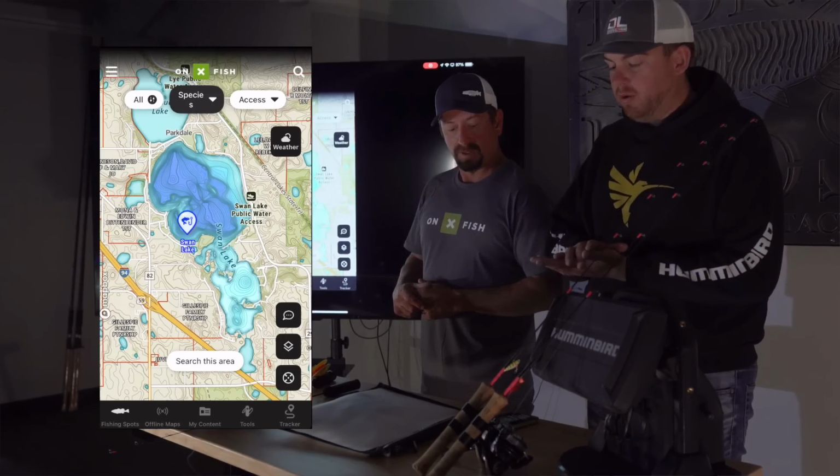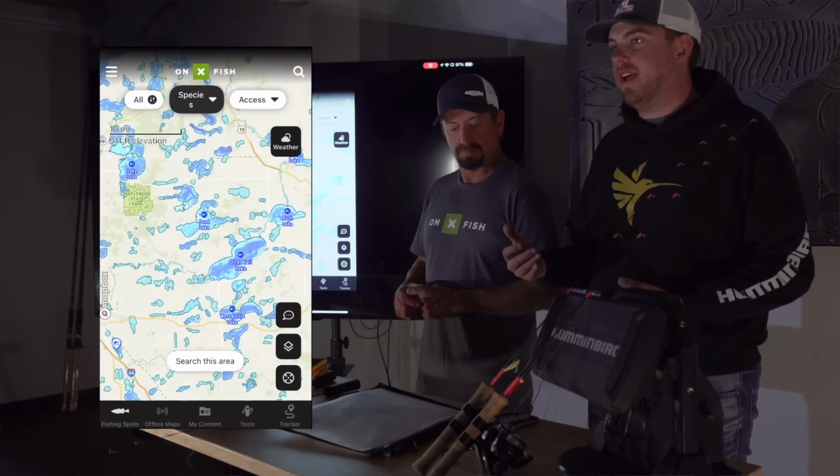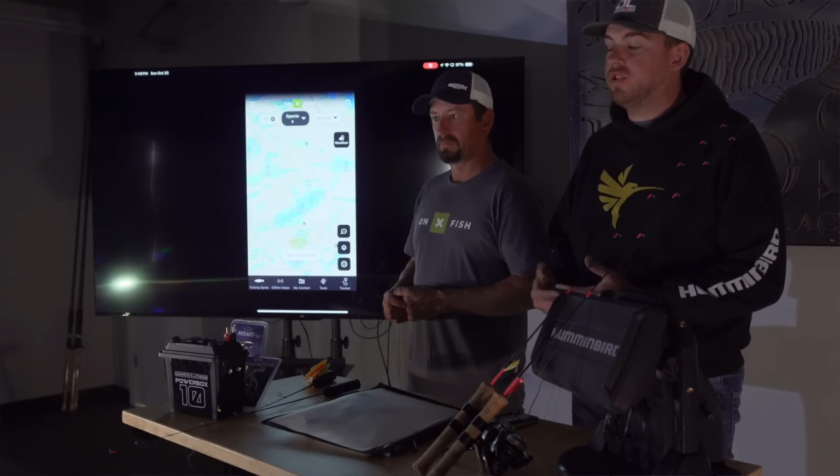Yeah, and now, basically, like we said, this is run and gun. Waldo and Pink are going to dive into what that means to us and how you can do that effectively on lakes where you want to catch big crappies. Now that you've actually started fishing one of these places, what you're going to need to do is kind of